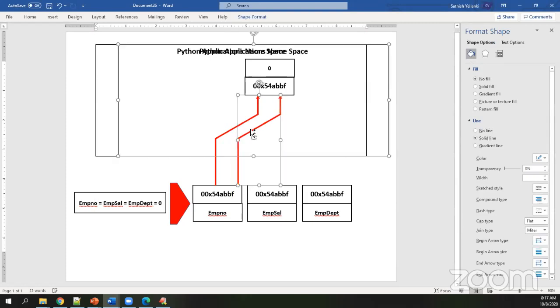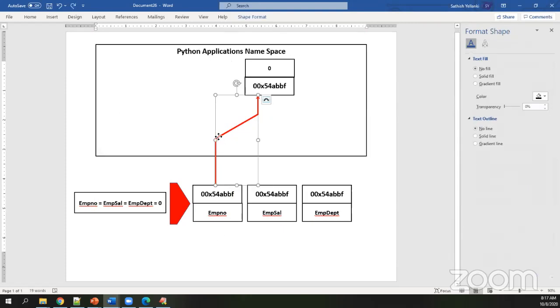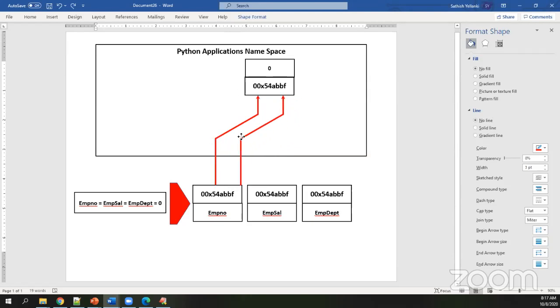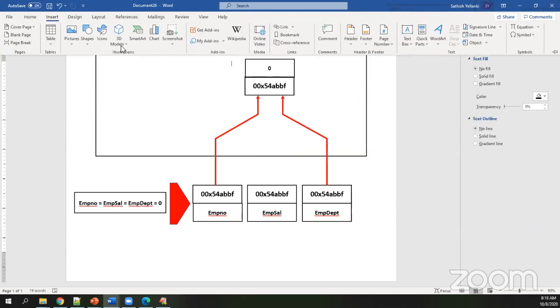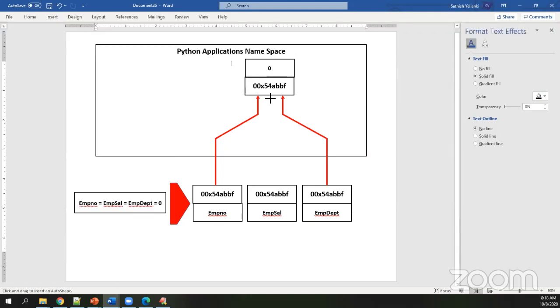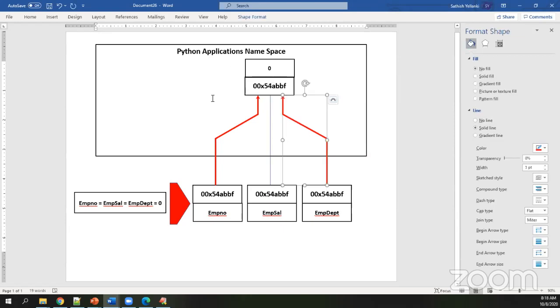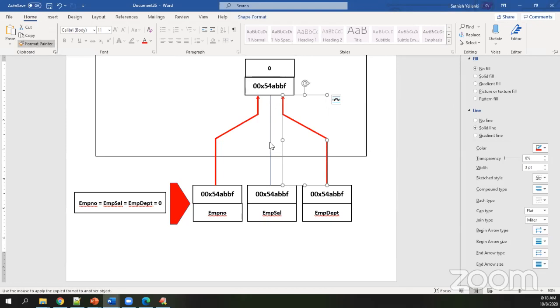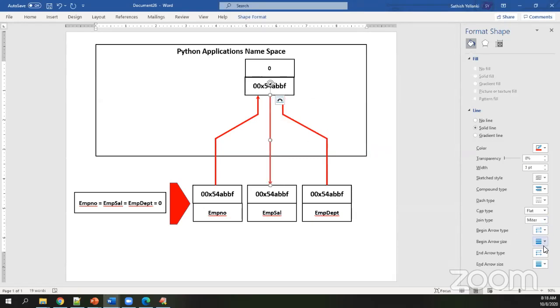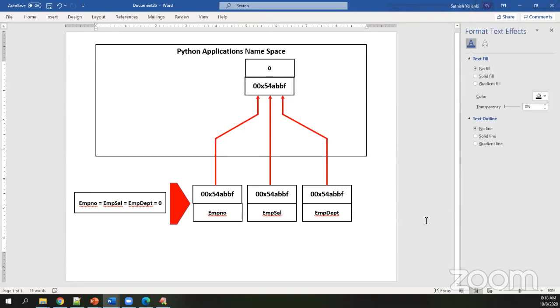If you are just concentrating, all three are looking towards the same memory location.